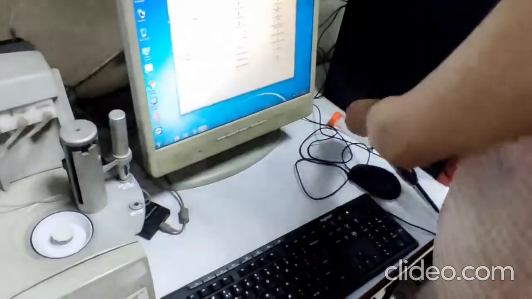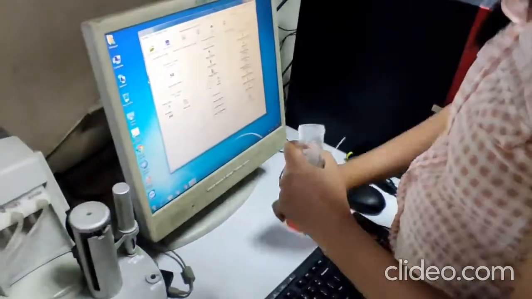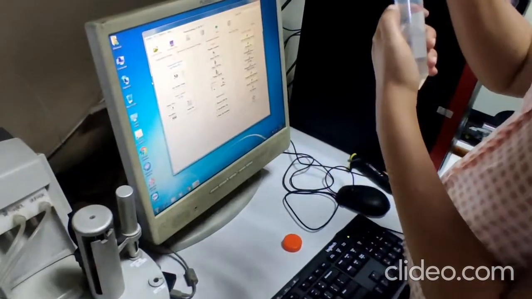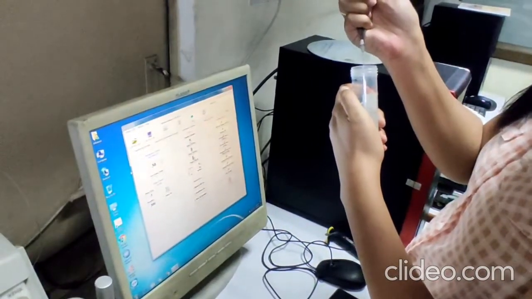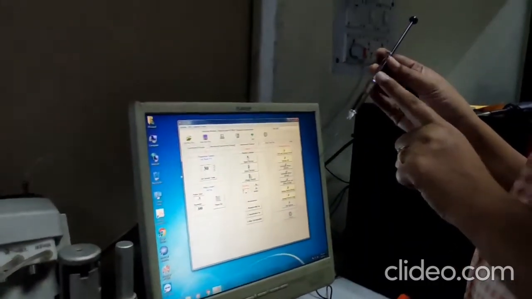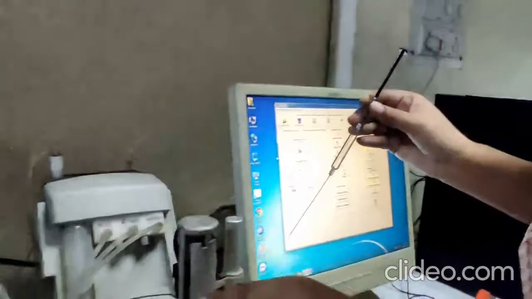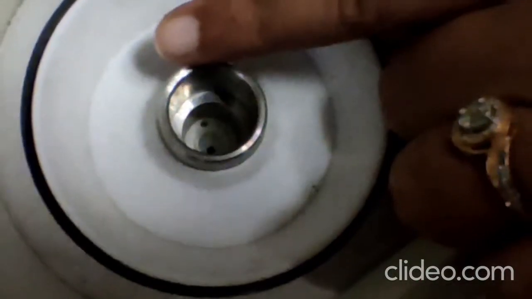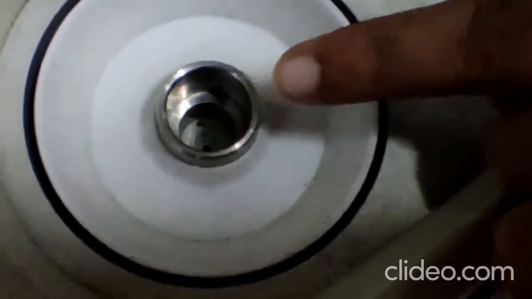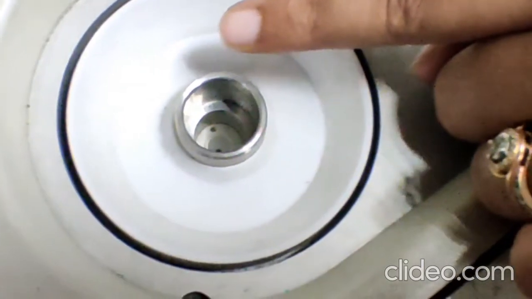So let's say, suppose this is a sample of some protein. We have to fill the sample in this syringe. So we have filled the sample in this syringe. Now we are going to pour this sample inside the cell port. If you can see, there are 2 ports. One is in the middle and one is on the side. The middle one is for the sample, and the side one is for the reference, where we generally give water, and that is already filled.